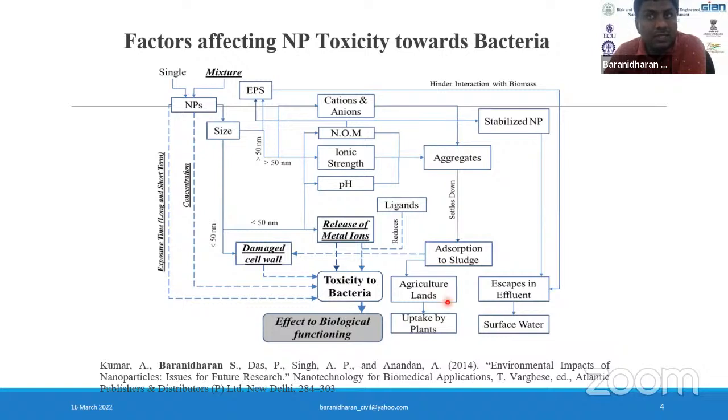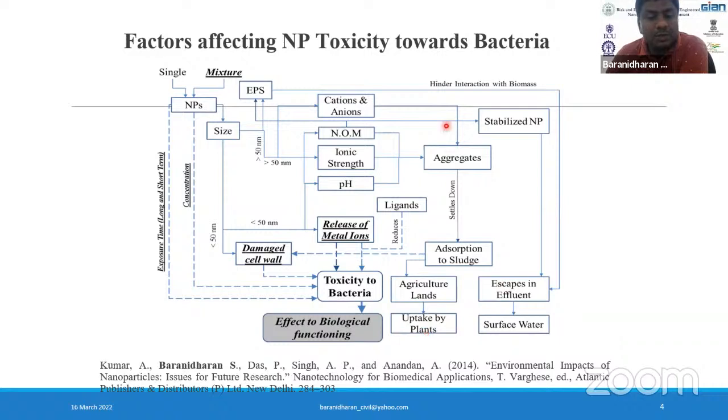These nanoparticle containing sludge can either settle out in the soil, they can again interfere with the bacteria that are present in the soil, or they can be uptaken by any of the plants which have been cultivated with the treated water or with the groundwater, whatever be the case. If it is uptaken by the plants, again it gets into the food chain or the food cycle. So it is very difficult to track the pathways or each and every movement of these nanoparticles, either in agricultural lands, in biosolids, or in the plants.